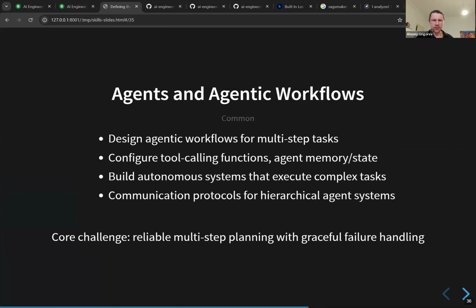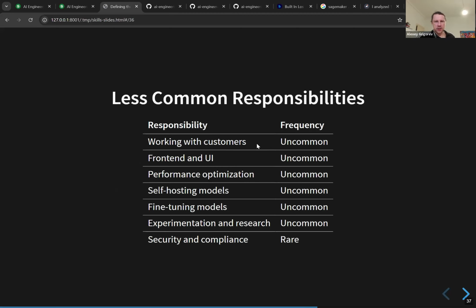Agents, yeah, pretty common. So all this agentic stuff. And less common are these things. Front end. So maybe at the beginning I was saying that an AI engineer is a full stack role. While that is true, we can see in the data that it's not expected by default that the AI engineer would do front end stuff, right? But today, since we all have these AI tools, we have Claude Code and whatnot, it's not impossible for an AI engineer to actually take care of these things sometimes.